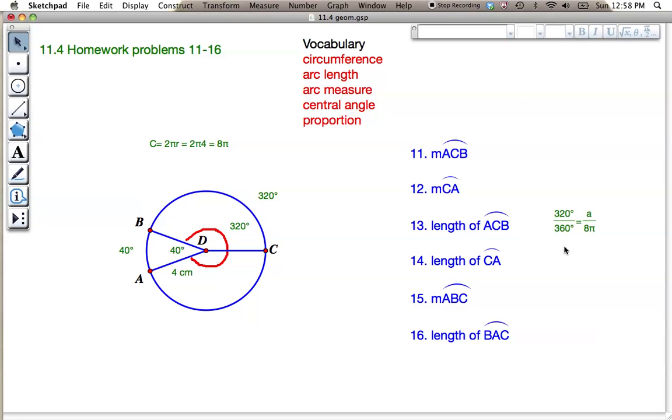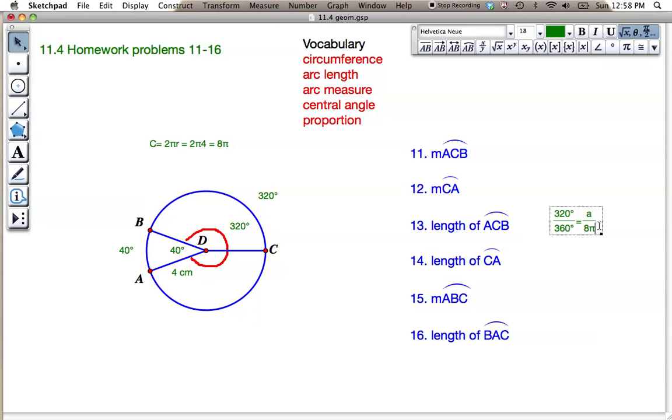So my answer will simply be 360 divided by 320, which if we wish to reduce that is going to give us 160 over 180, which is going to give us 80 over 90, which is going to give us 40 over 45, which is going to give us 8 over 9. So we'll have 8 over 9